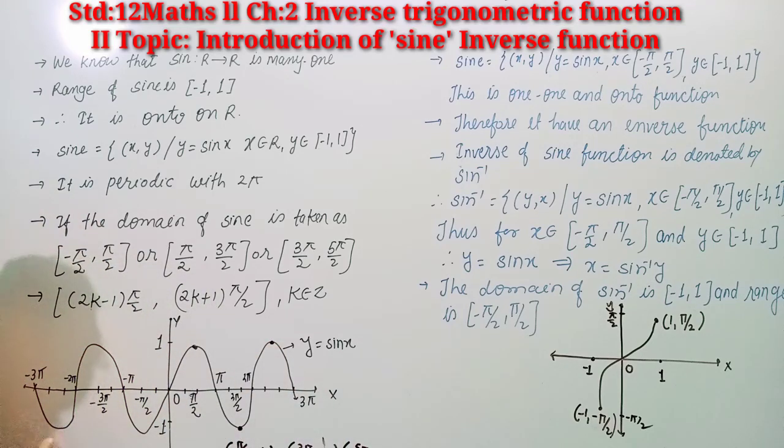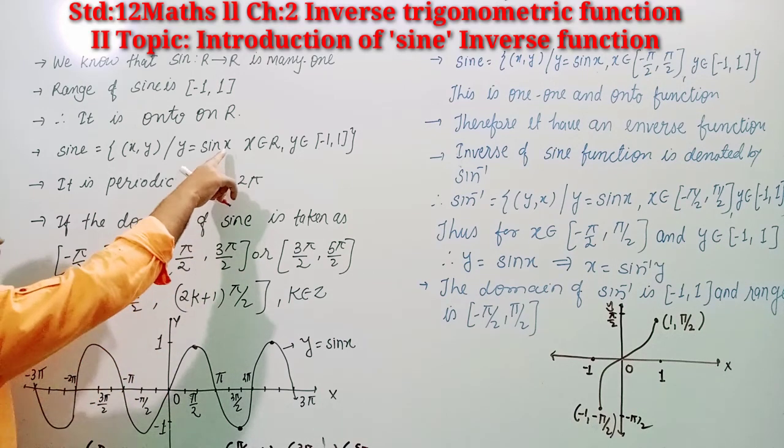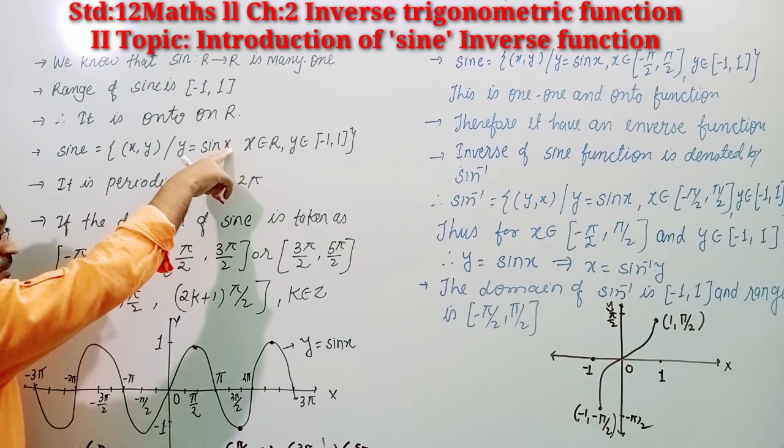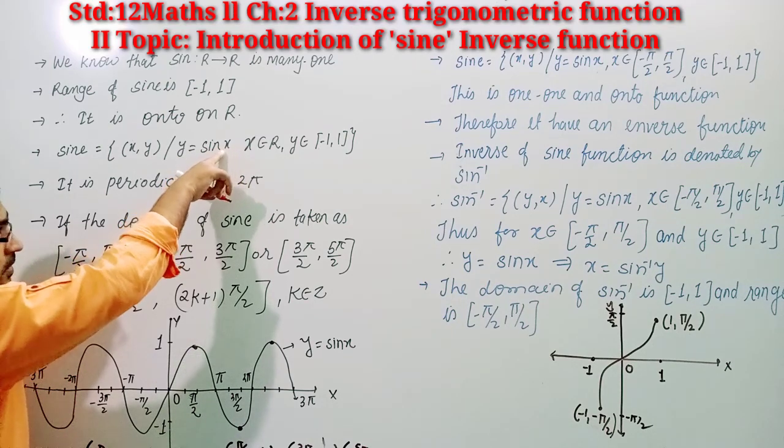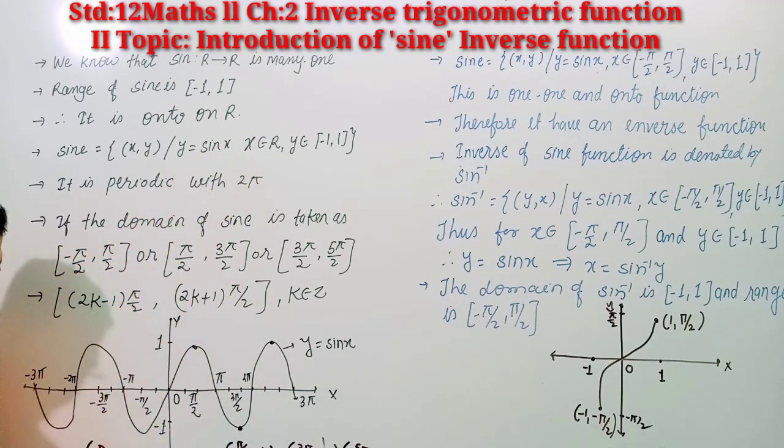Similarly, come on to the negative direction. If the value of x is minus pi by 2, if you are putting in place of x minus pi by 2, the value of sine minus pi by 2 will be what, minus 1. So it will come down, so the point will be over here, right, minus pi by 2. Similarly, you are continuing this process.